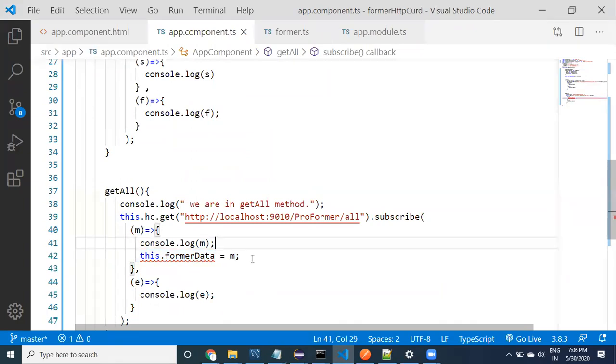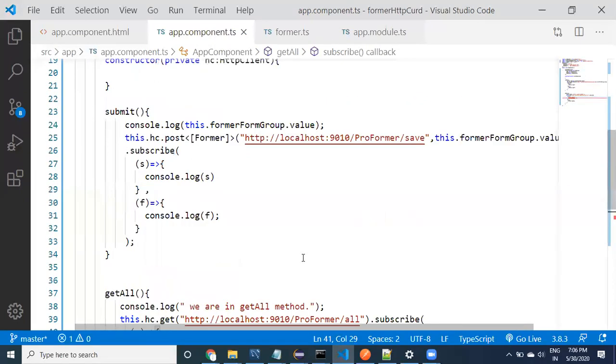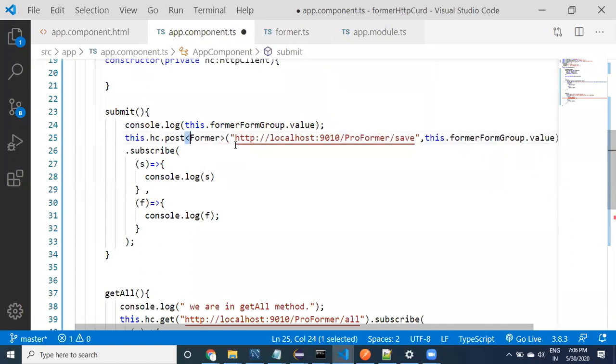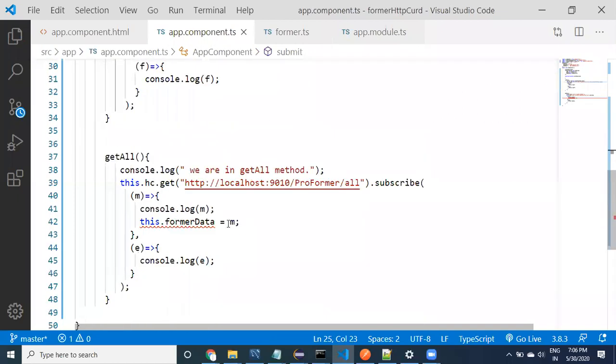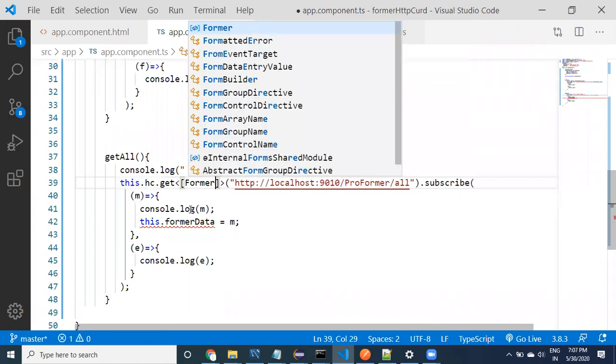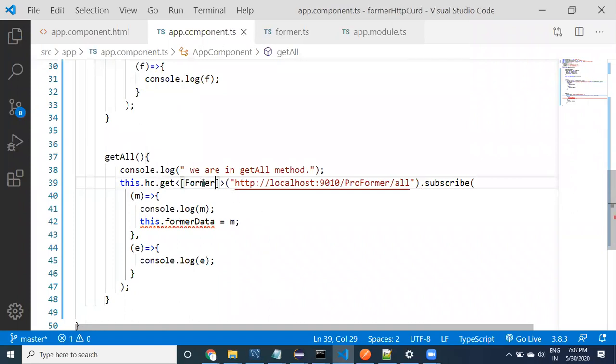If you don't type it, oh, sorry. Here we need to, I'm really sorry guys, 1 second. I should not provide it here. Come here. What is the type I have to provide? Here I'm expecting what? This is the symbol for typing, and then provide array and then farmer. See here guys, this is getting an array of farmers object, but we are assigning it to one farmer object.